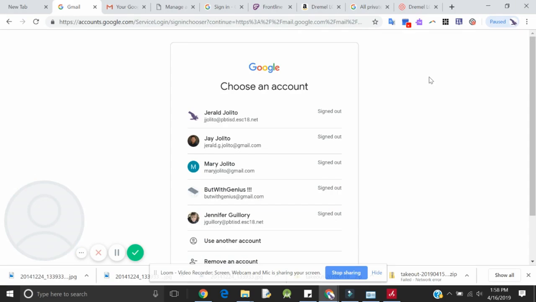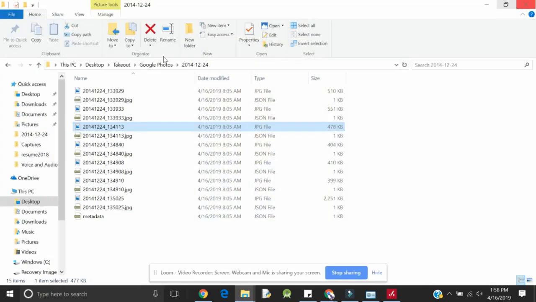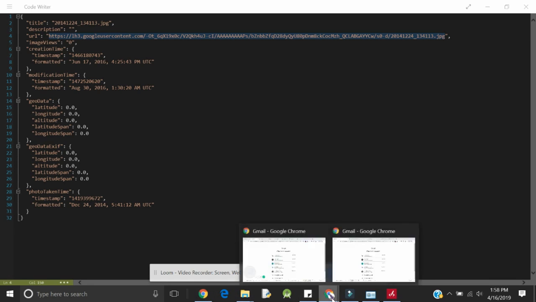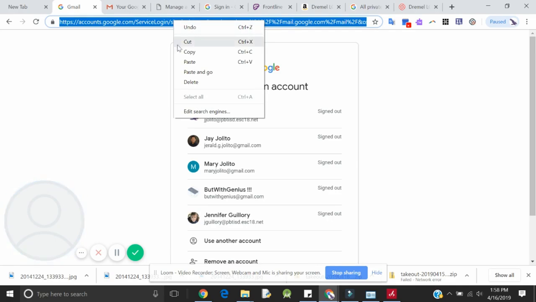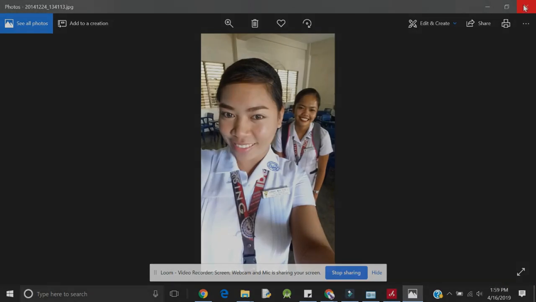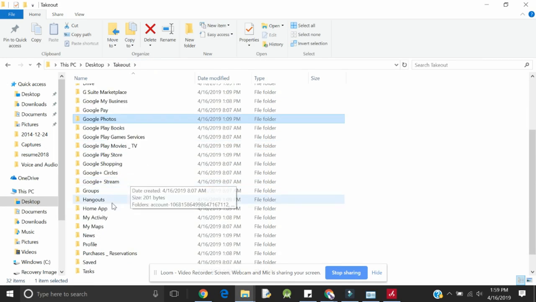Now, that might just be a fluke, so let's try another one. Okay, so that's a photo, and that's the JSON file. I'm going to get this, copy it, go to Google, and then paste it there. And it just downloaded, just like that. Oh, that's pretty interesting. The second thing that I noticed was if you go into My Activity,